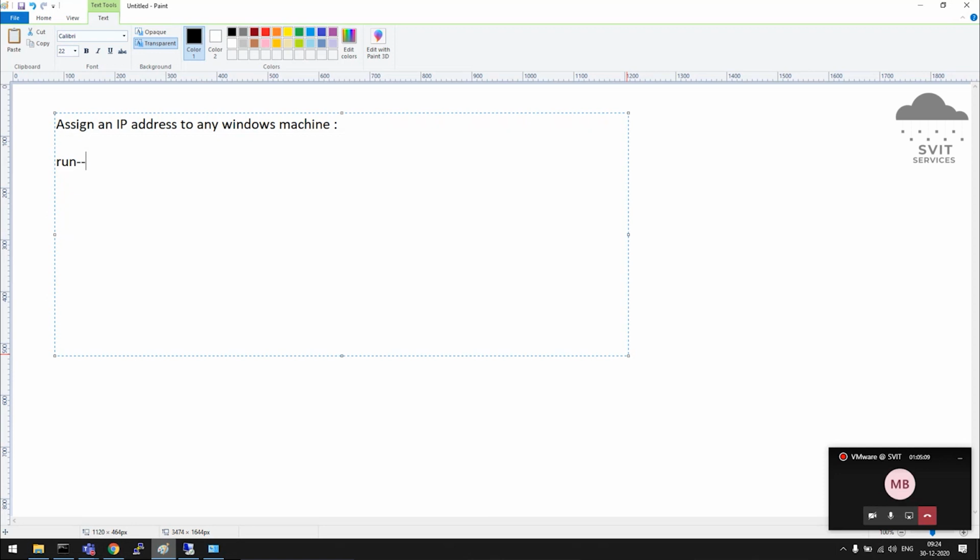Go to run, type ncpa.cpl, local area network, right click on it, go to properties, IPv4 properties, and then use the following IP address.